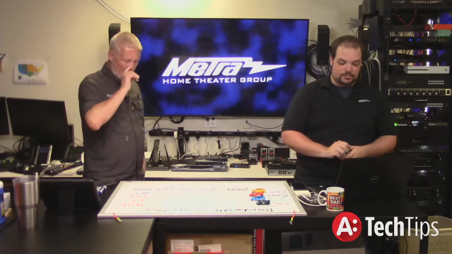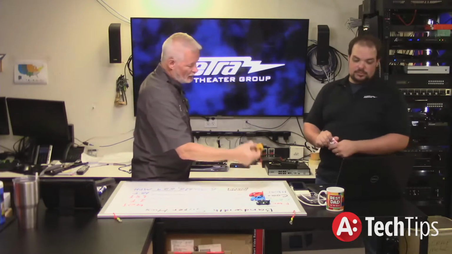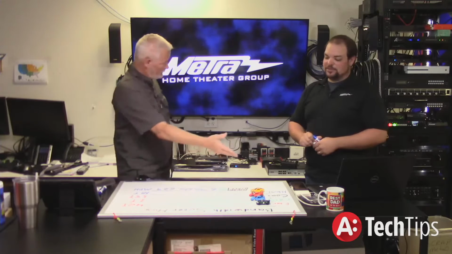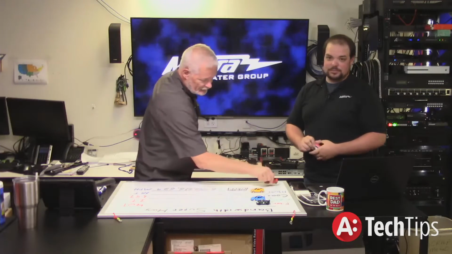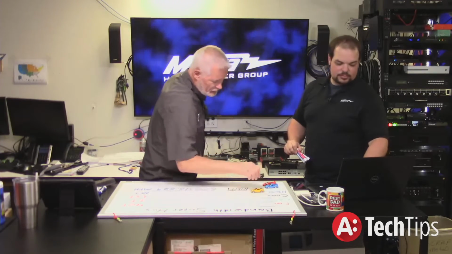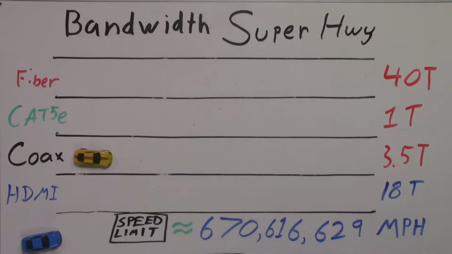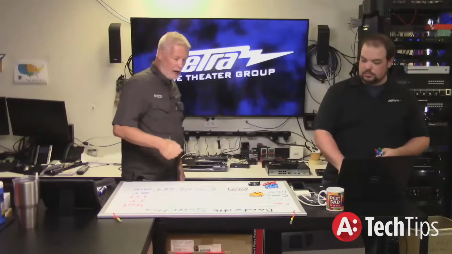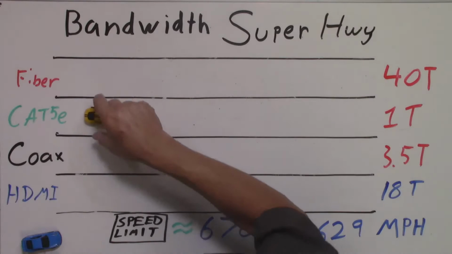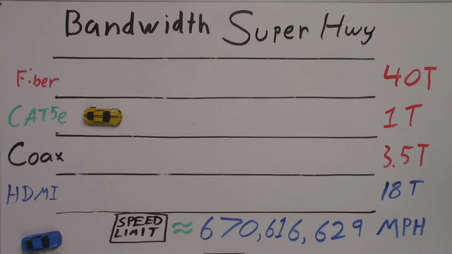Now, here's the really nice thing about all this. Let's assume this is our HDMI 2.0 signal, or 18 gig signal, this car. Right. Now, I'm going to take this yellow car, and I'm going to run him down the coax. And we've done this. We had, well, not under 4K, but under 1080p, our M3B system. The picture was good, but it was not as good. Now, HDBaseT, because of the new math,